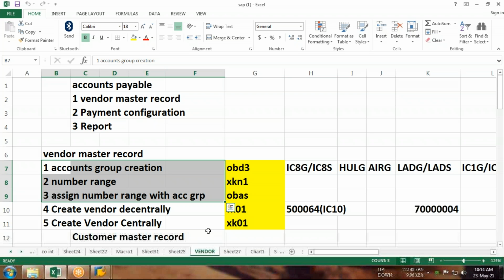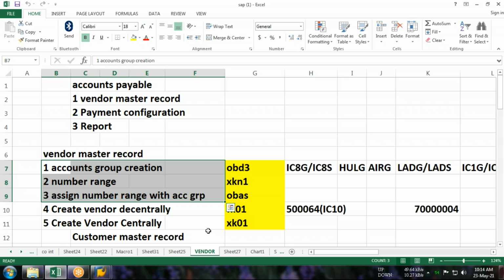Now sir, what is the meaning of account group creation? Anmol sir, you told me that time that there is a classification of vendors on the basis of their dealings. Some vendors are those from whom we purchase stock. Some vendors are those from whom we procure services. That will be my service vendor, like internet service, audit service, advertisement service. And some vendors are those from whom we buy machinery, plant, furniture. They are the vendors for my fixed assets.